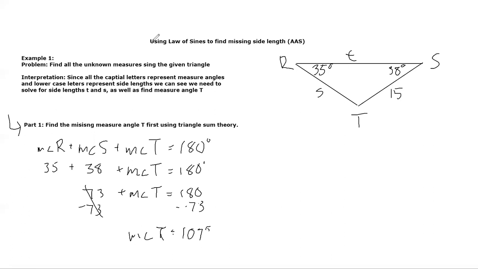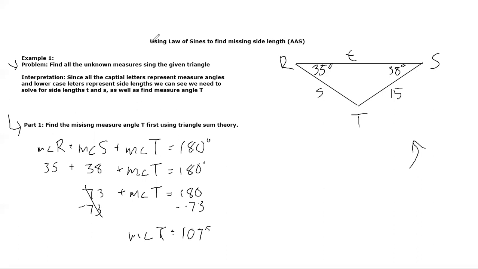But in order for us to determine what we should do first, whenever we're doing one of these problems, we always want to look at the triangle, right? The triangle is right here. And we want to ascertain what pieces of information are missing and what I should find, right? Now, if you notice the problem, let's take a look at what the problem says. Problem: find all unknown measures using the given triangle. Okay,